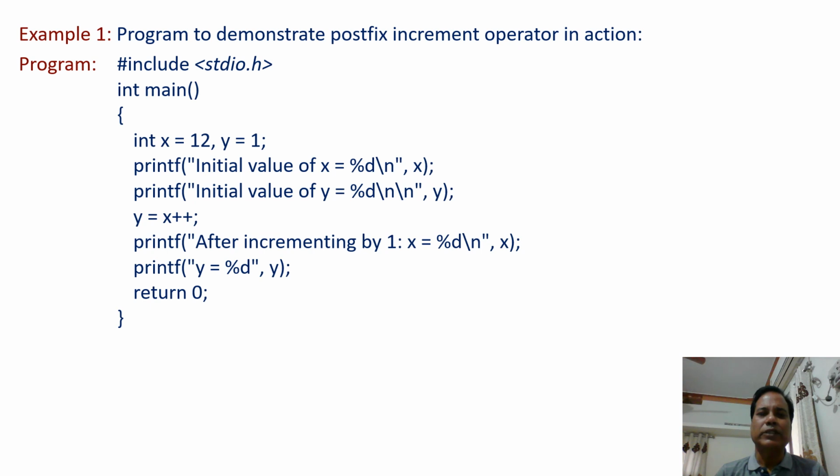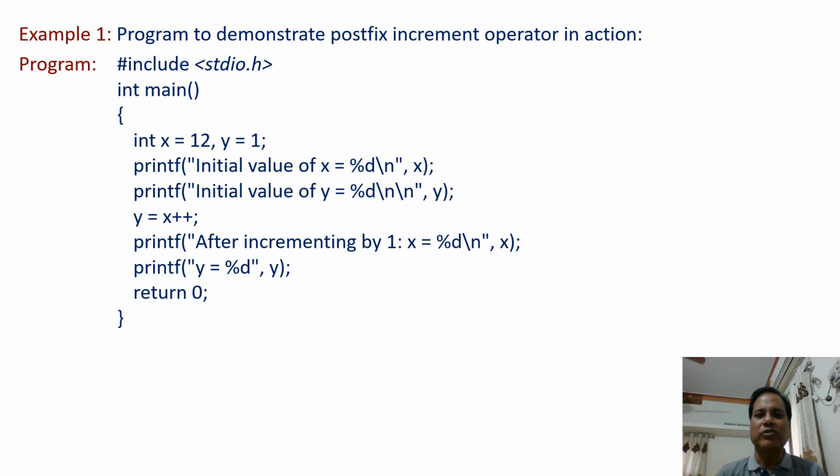Now the next statement is y = x++. Here we have to take note of this one. After the execution of this statement, what would be the values of y and x? Here this is the post increment operator. So what is the present value of x? Here it is 12. This 12 is assigned to y. So naturally its value is going to be 12, and then the value of x is incremented. So when the value of x is incremented, it now becomes 13.